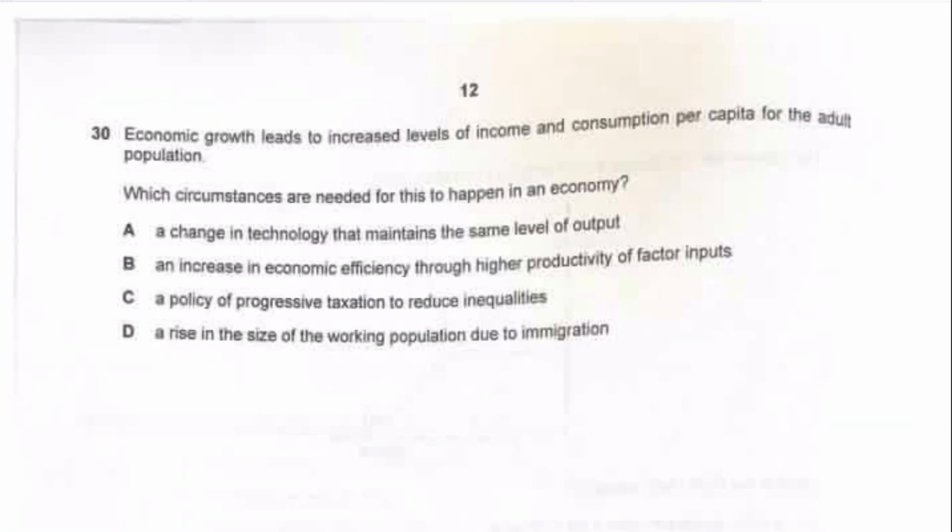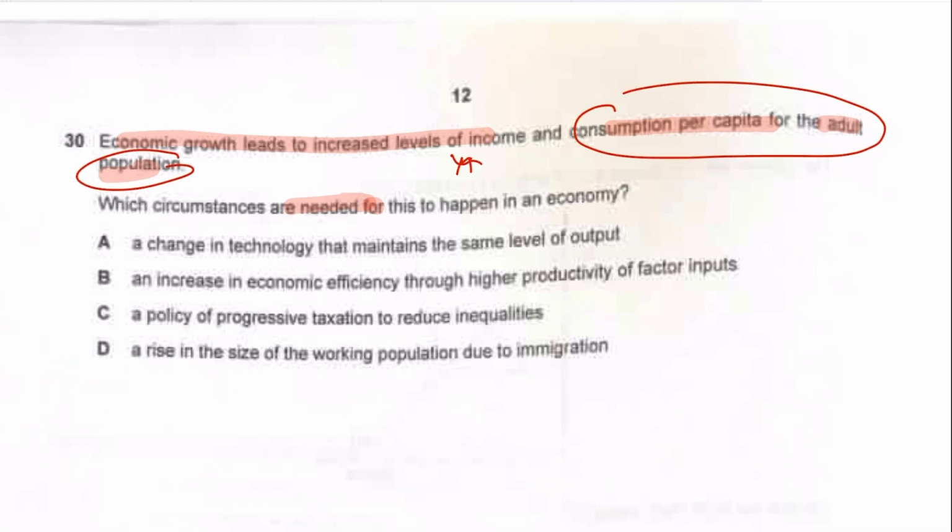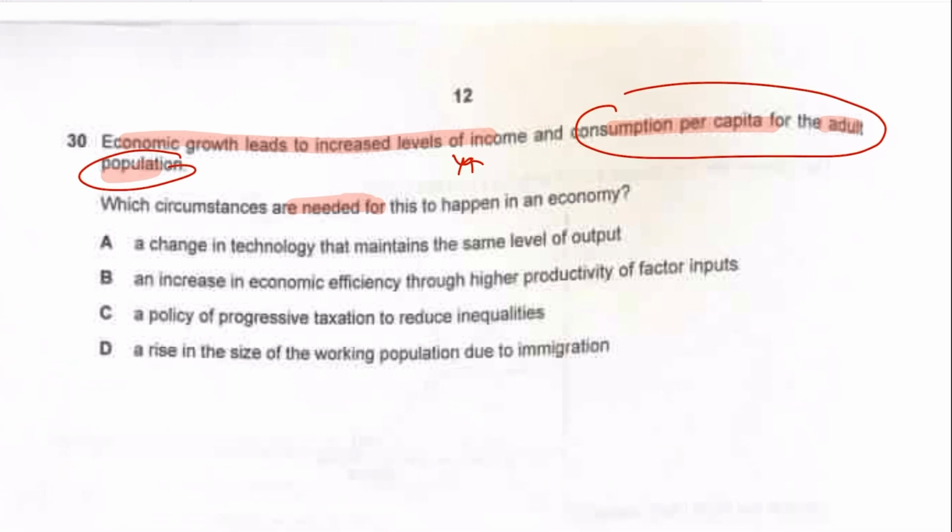Okay guys, the last question, question 30 says economic growth leads to an increased level of income and consumption per capita for the adult population. Which circumstances are needed for this to happen? That is, for the income levels to go up in the economy, as well as the consumption per capita for the adult population. Now you need to understand that when they talk about the consumption per capita for the adult population, they're talking about the welfare and prosperity of the nation, in terms of the consumption per person for the adult population, for the elderly, increasing. So they're sort of talking about the equality